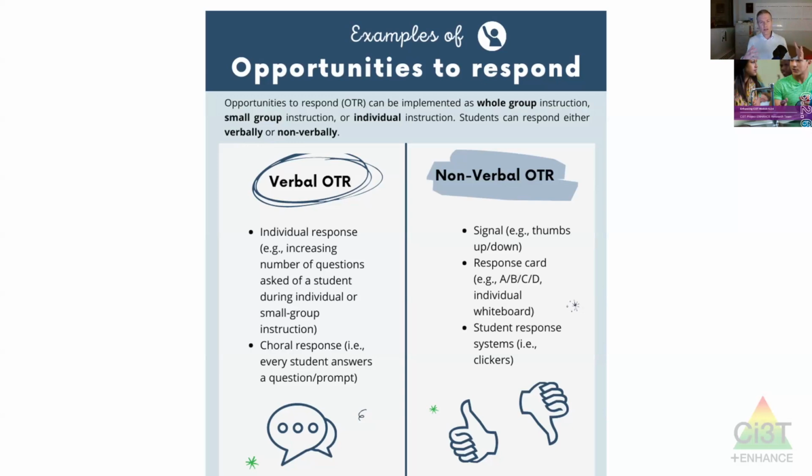And there's a quick discussion there, and we've got procedures to get them back on task, of course, as I continue the review or the lesson if I'm doing instruction. And then, of course, there's nonverbal opportunities to respond. Thumbs up, thumbs down are really quick for yes, no, true, false. Response cards with multiple choice, A, B, C, D. I also taught my students the sign language for A, B, C, and D.